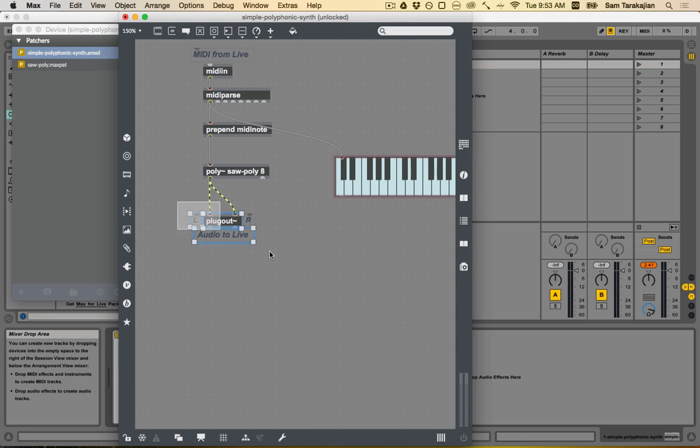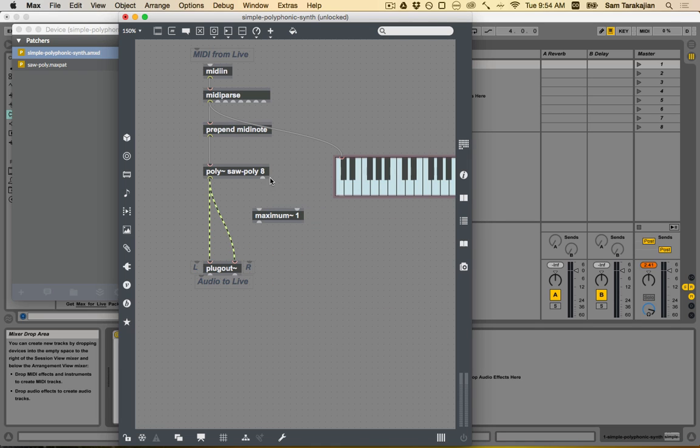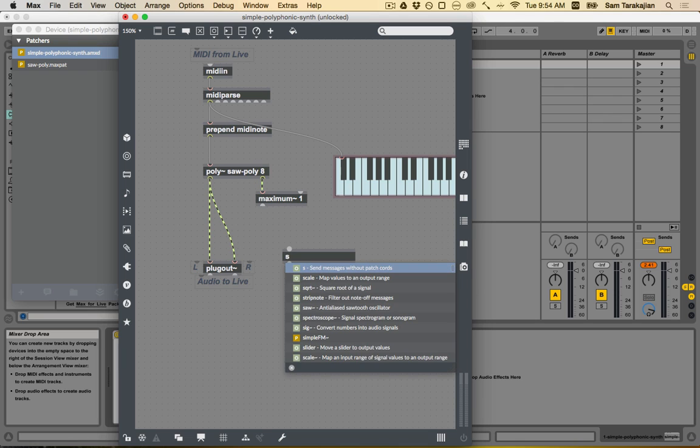But then, check this out. What's coming out of this is going to be roughly equivalent to the scale factor that you need to apply to what's coming out of this outlet. So go ahead and throw in a maximum~ 1. This guarantees that the value coming through here, even when 1 note is playing, is going to be at least 1. Then sqrt~,